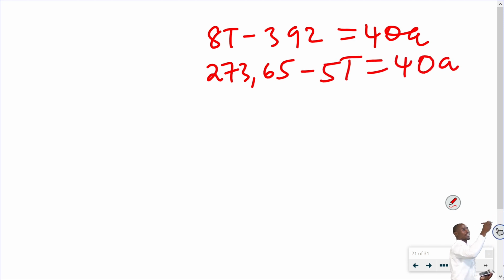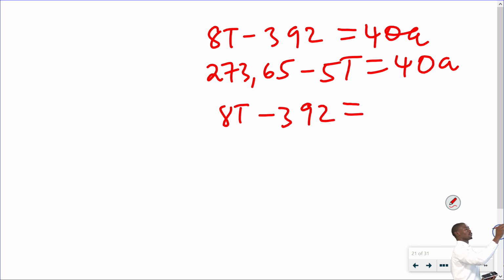So both equations equal 40a, so I can equate the two. So it's 8t minus 392 equals